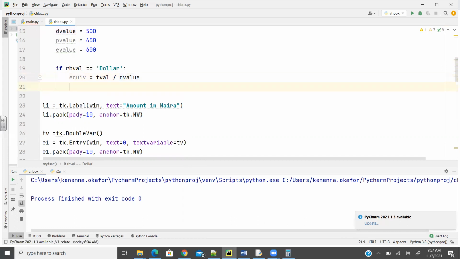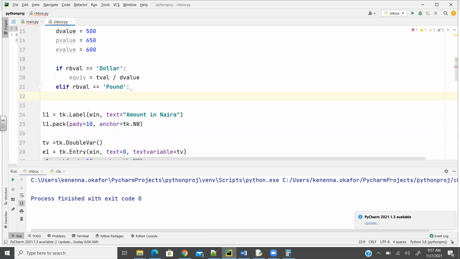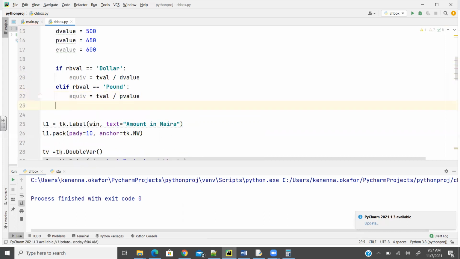Then else if, so elif RB val is pound. If that value is pound, then I'll take the pound value. So equiv will be C val divided by P value, right? Then the last, which it must be, else